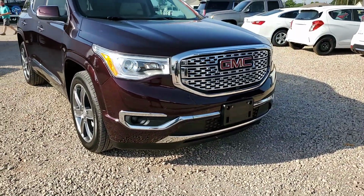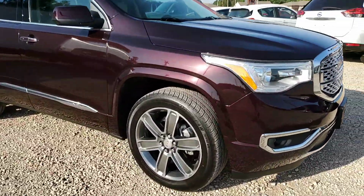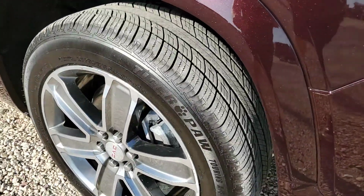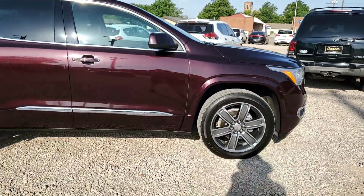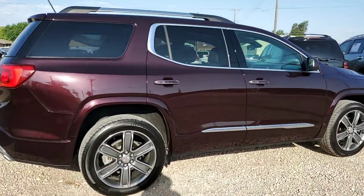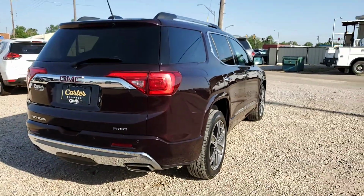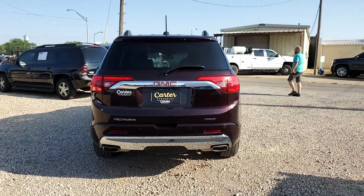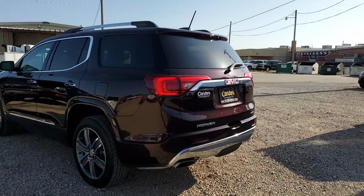It does have the front parking sensors, HID headlights, Tiger Paw Touring all-season tires, tons of tread left on them. This is all-wheel drive, reverse parking sensors, rear cross traffic alert, backup camera. It's got a power lift gate, LED tail lights,